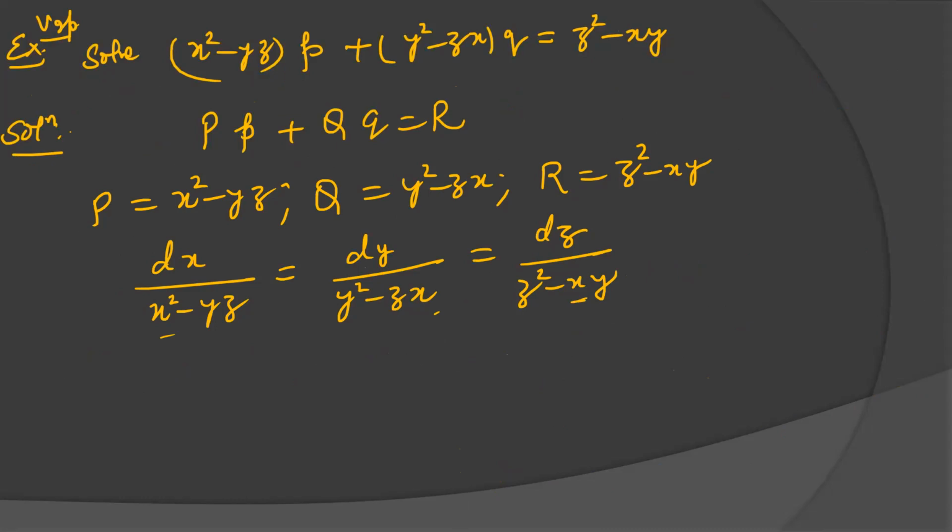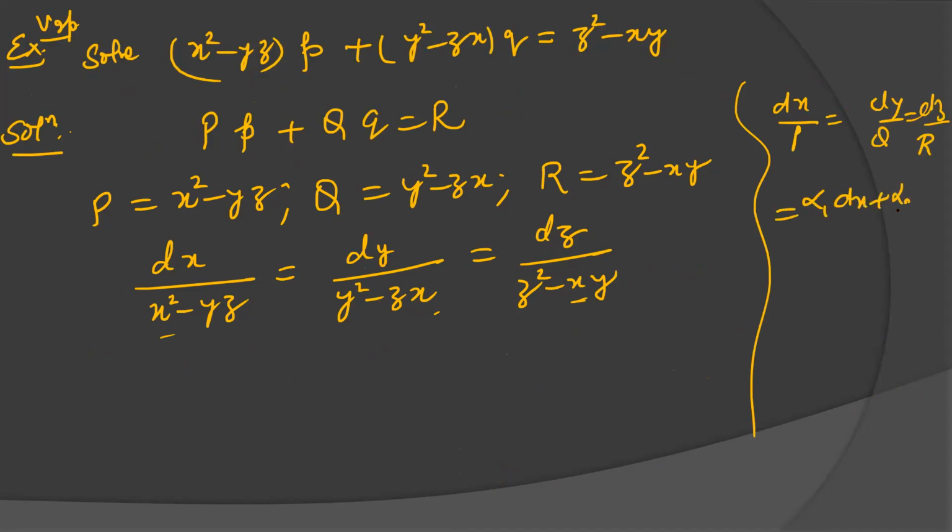Now, the method I told you, dx by P equal to dy by Q equal to dz upon R, can be applied on two factors also: alpha 1 dx plus alpha 2 dy over alpha 1 P plus alpha 2 Q. Why? Because we can take alpha 3 as 0, then we will get this expression. Similarly, if alpha 1 is 0, we can apply on these two. If alpha 2 is 0, we can apply on these two. It means that this scalar multiplier method can be applied on two ratios also.